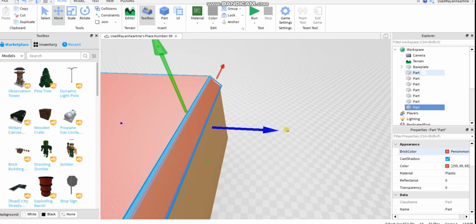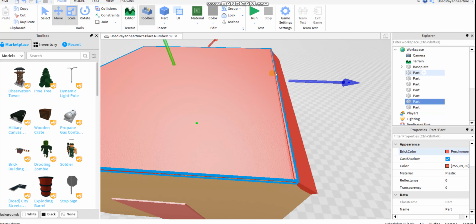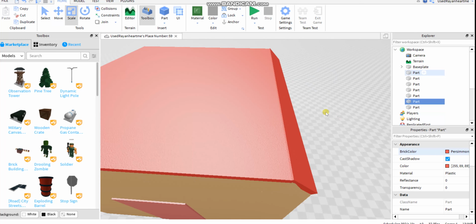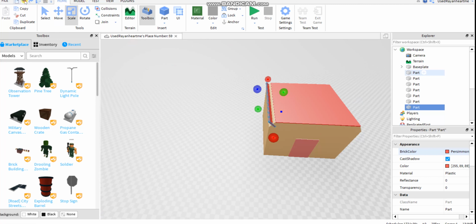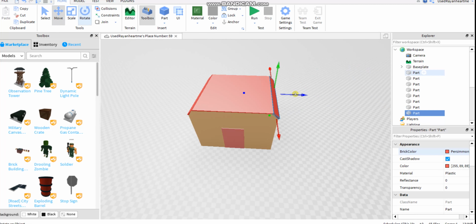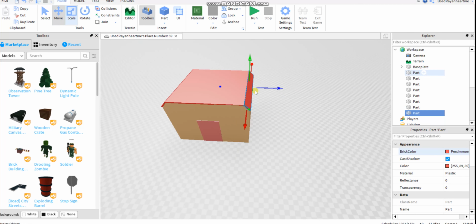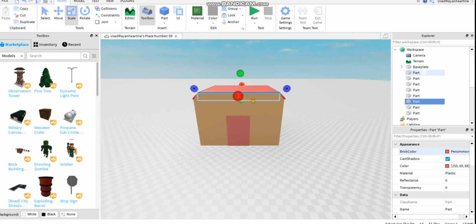If you want to rotate it the easier way, you click on Control D, then you will click Control R, and you can rotate it easily, or use the rotate option. Let's scan this.